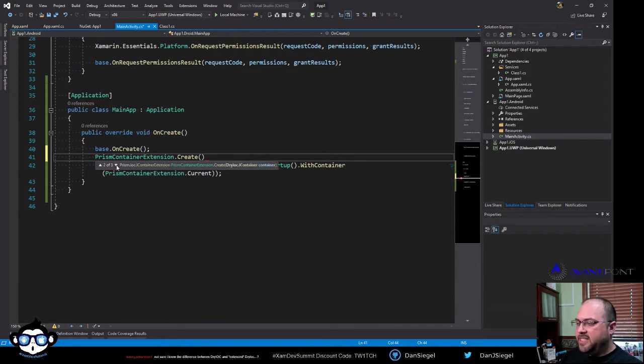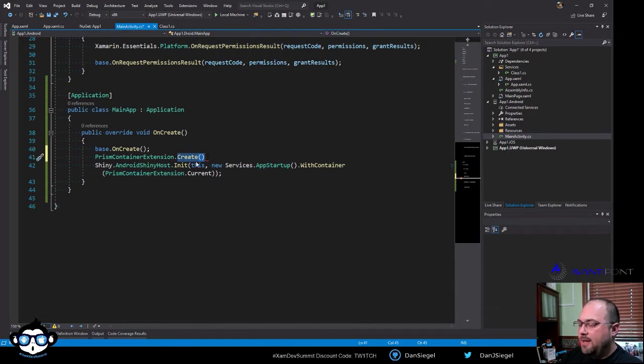So the extended gives you a few extra goodies, right? One of the goodies that you get is easier integration with something like Shiny, and a little bit more configurability. But I do just want to show you can create the container extension as well, just like with the